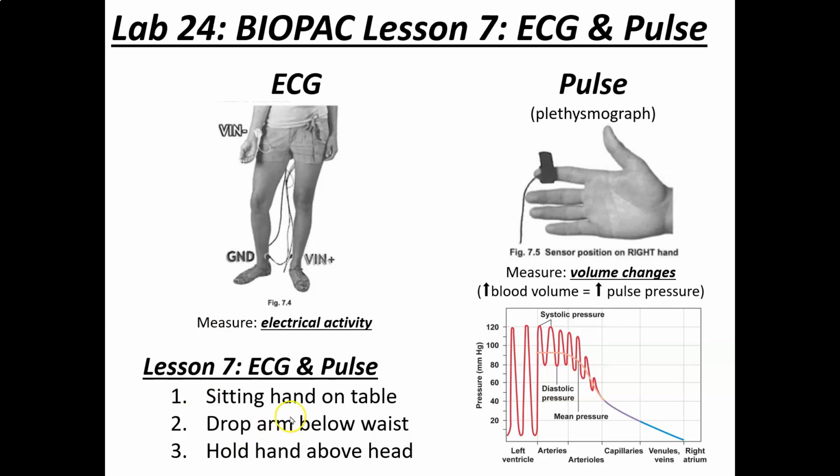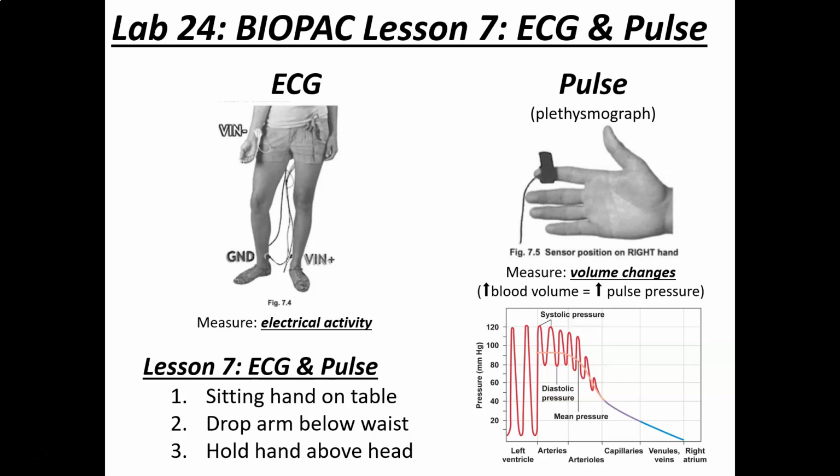For the ECG and pulse, we're going to look at something called the pulse pressure wave, and we use what's called a plethysmograph. So you can see it over here. Plethysmograph's hard to say. It's another good hangman word if you play hangman. What it does is measure volume changes. So we're going to measure the blood volume change, which is going to give us the pulse